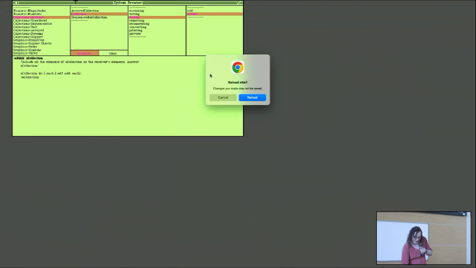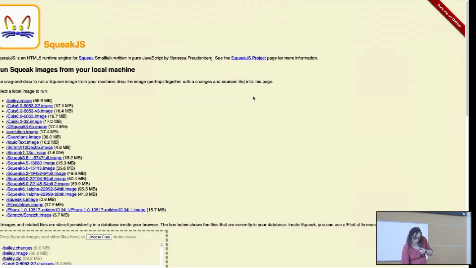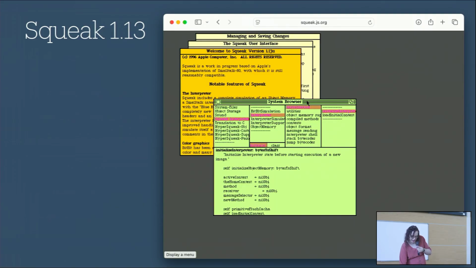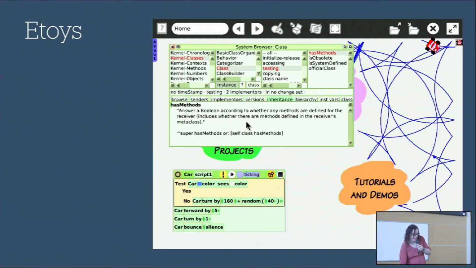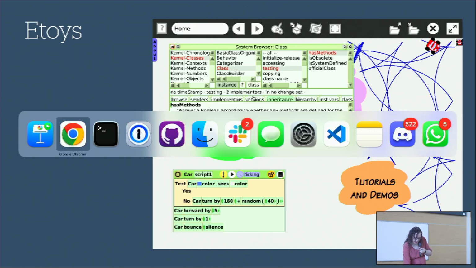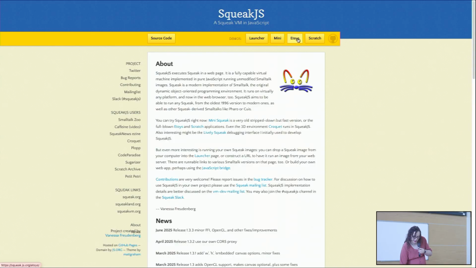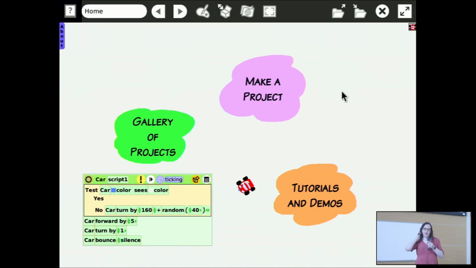Other things that were going on here are, so eToys is working. I assume everyone knows eToys, so I don't really have to show it. No, okay, I see people shaking their heads, so why not? So if you go back to this main page, there's an eToys demo here. eToys used to be an authoring system for kids that was used in schools a lot, and it has this